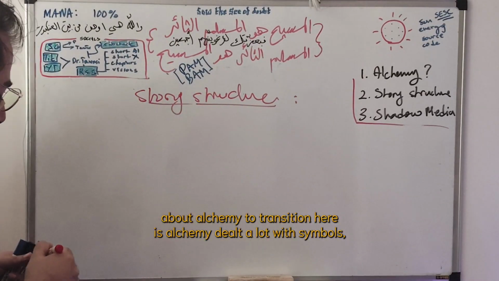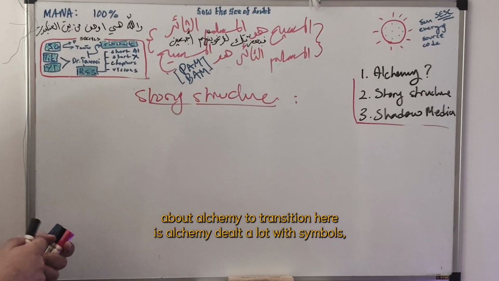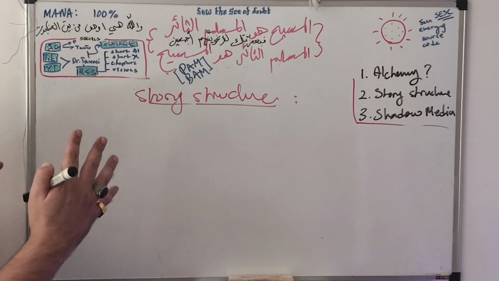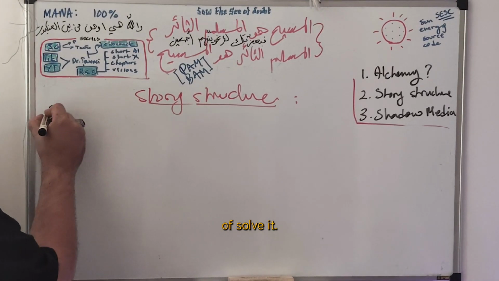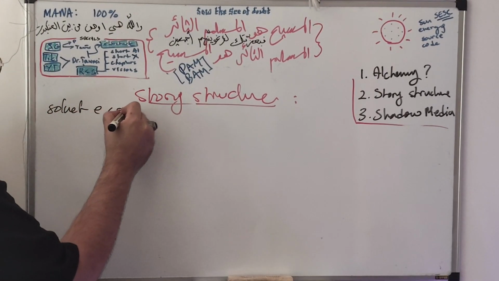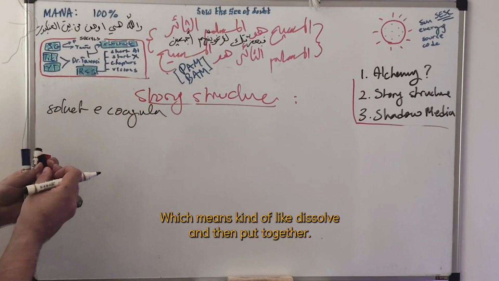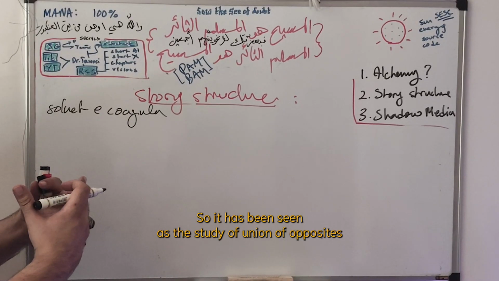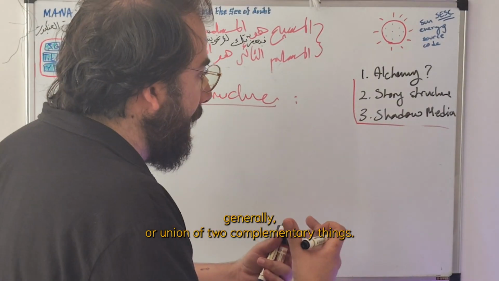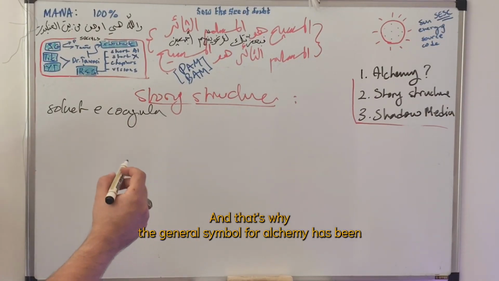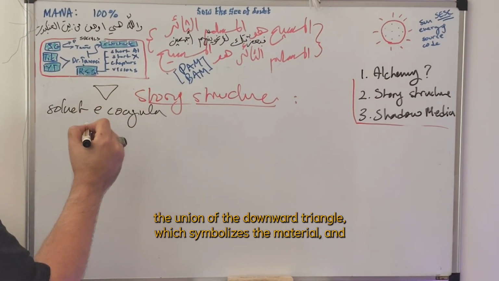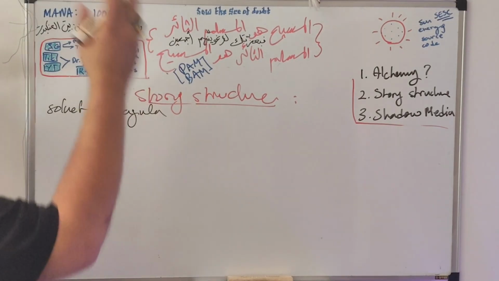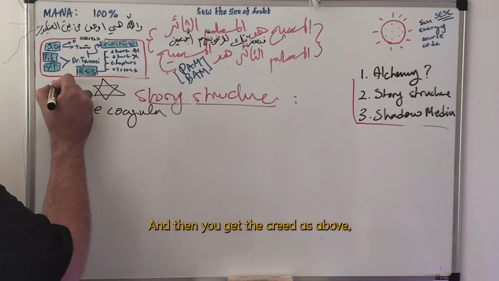One last note about alchemy to transition here: alchemy dealt a lot with symbols, both seen and unseen. Generally, alchemy has had the main principle of solve et coagula, which means dissolve and then put together. So it has been seen as the study of the union of opposites, or the union of two complementary things. That's why the general symbol for alchemy has been the union of the downward triangle, which symbolizes the material, and the upward triangle, which symbolizes the heavenly. And then you get the creed, as above,